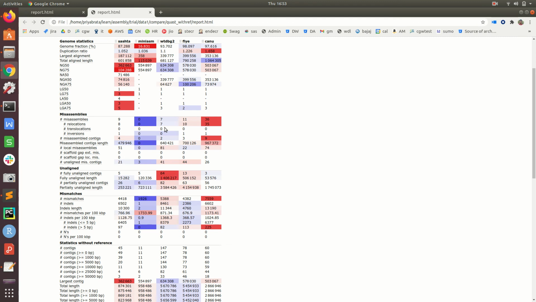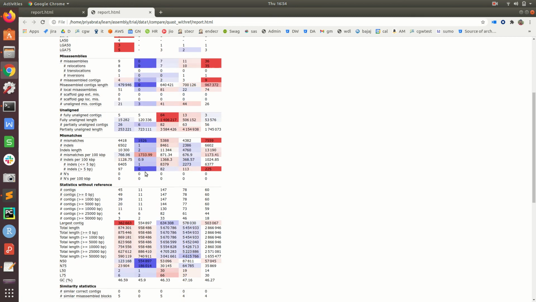So there are a number of misassemblies, and the number of misassembled contigs are, oh my mistake, sorry. So this is the number of misassembly events. Okay, here how many contigs have those kinds of misassemblies? That is 4, 2, 3 and 9. So that means it has 2 contigs out of 147 where we see the misassemblies, and there are 7 such misassemblies we see. Okay, so that way.